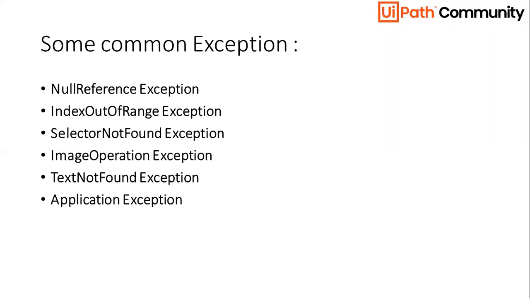Application exception. Now, there'll be many a case when you're dealing with some XYZ application during your automation scope. And if there is anything wrong, or if your application is not up and running, or if it's taking a lot of time to load and your timeout has been reached, then you would get an application exception. Because what the bot was searching for, if we take that temperature case, is that the bot has to get that full text of 26 degrees Celsius written on the browser. What if the internet speed is very slow and it's taking a lot of time to load